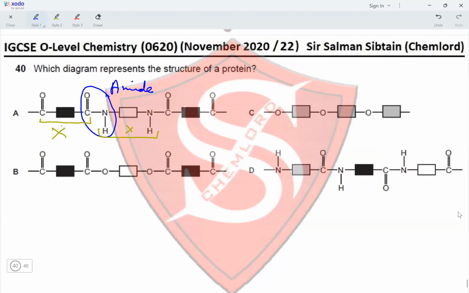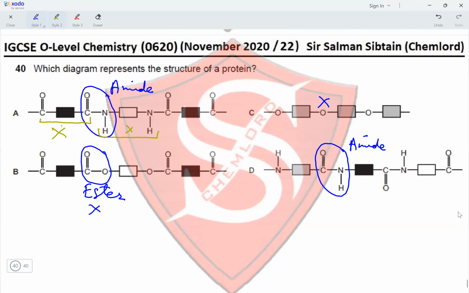Option B has an oxygen between two boxes. So this is a glycosidic link, and there is a single monomer for this polymer. So this is incorrect. In option C, we have got an ester bond present between monomers. So this is incorrect. And in option D, we have got an amide bond present between two monomers, which is